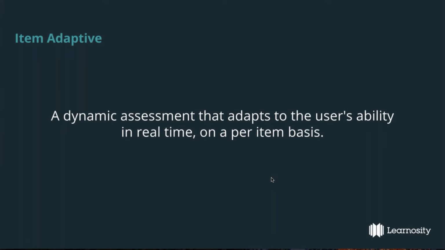Obviously, you need some awareness of your content and how your students are doing to plan, but you don't need a full staff of psychometricians on hand to estimate the item difficulty and student ability. That's where we now come into item adaptive. This is the term for our true adaptive or Rasch model